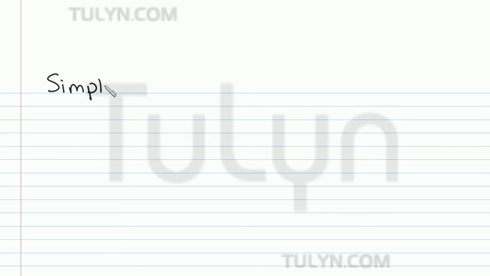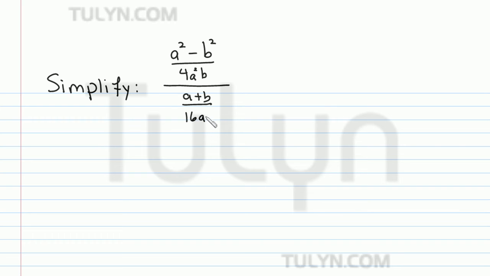Simplify the following complex fraction. We have a squared minus b squared over 4a squared b, over a plus b over 16ab squared. Now we can use the LCD method where we multiply the top and the bottom of the equation